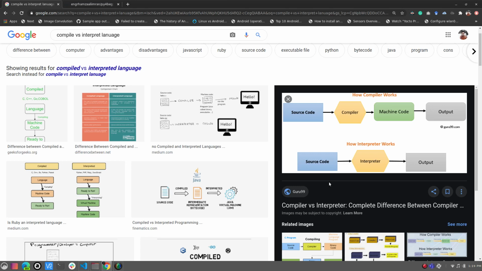So there is no compilation process involved, right? What's the benefit of such kind of a language? The benefit is that once you have an interpreter for some particular kind of architecture, particular type of CPU, particular type of computer available, you don't need to compile your source code for that particular architecture. Let's say if I write a Python code and want to run that on my laptop, which is an Intel processor containing laptop, it's basically Core i7, so it's going to run. All I need is to install a Python interpreter.